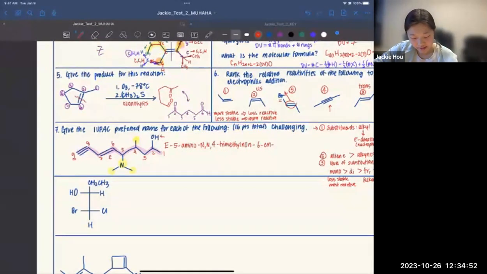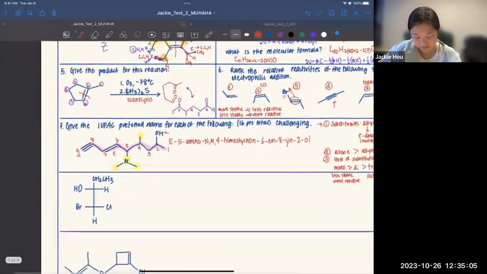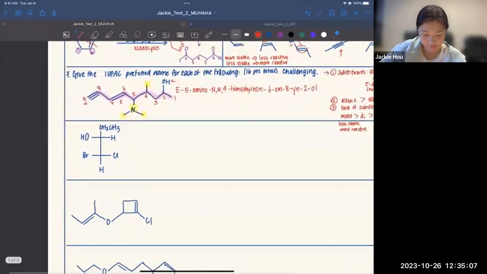Okay, 6N, 8-ine, and then 2-O. And that's our name for our first one. Okay. Now looking at this Fisher structure, so sometimes I can get confused with how many carbons are